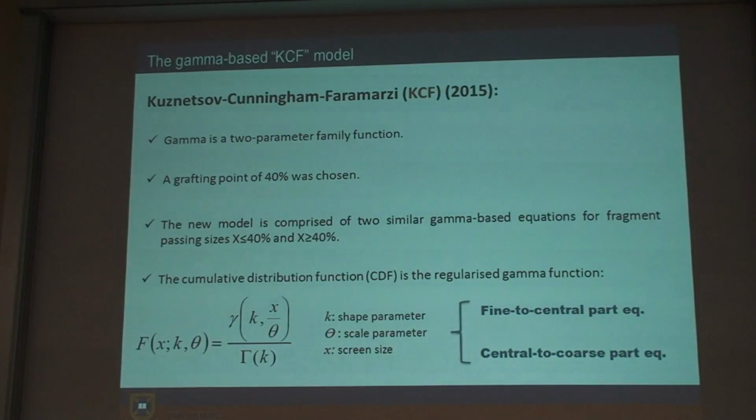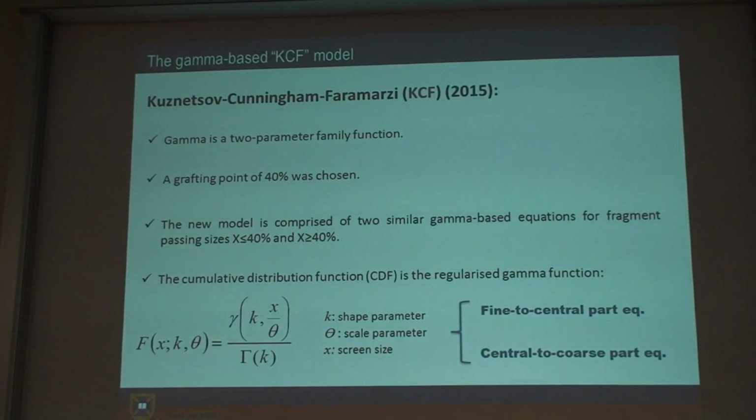Now I presented a gamma-based model, KCF or KCCOM. The former name was KCCOM. Now, however, it had 2 names. It is a gamma function, a 2-parameter gamma function, and I defined a 40% grafting point, and I really was inspired from the JKMRC models